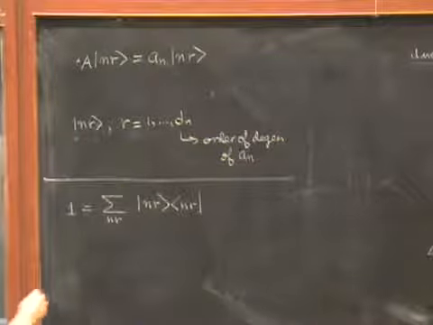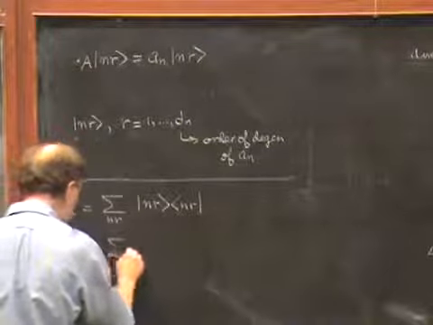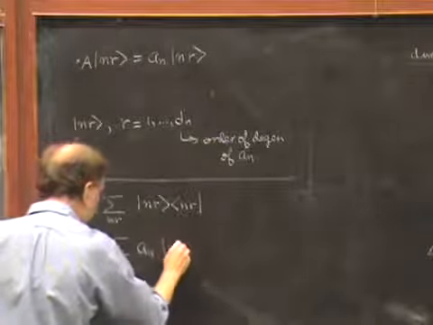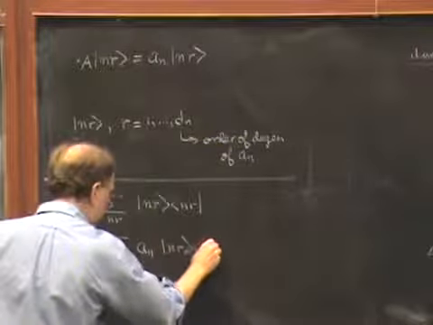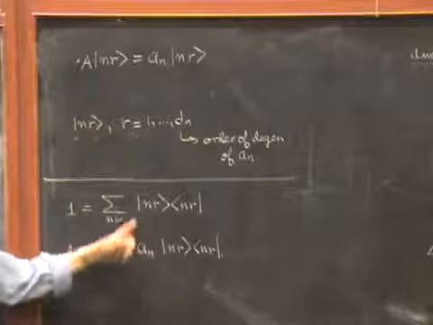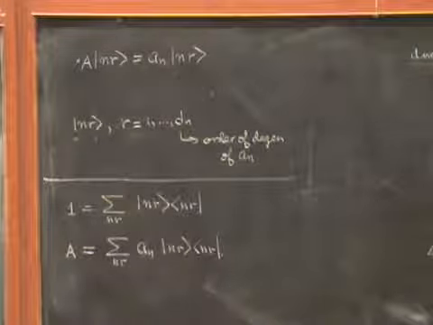Turns out you can also write the operator A in terms of the orthonormal basis. It looks like this. It's the sum on n and r of the eigenvalue a_n times |n,r⟩, outer product of ⟨n,r|. That's just like the line above, except you inserted the eigenvalues under the sum. How do I know these two operators are the same?